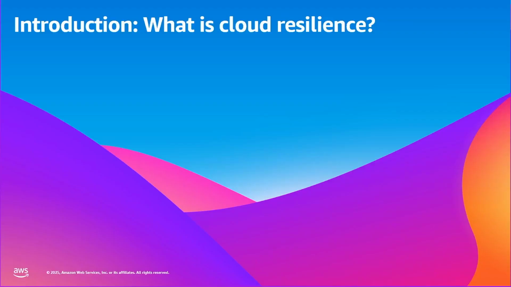So let's first define what resilience is. It's the ability of an application or a system to continue providing the business outcome or the business benefit it's supposed to provide in the face of a disruption, right? So it's not necessarily disaster recovery, but if something happens, the system must be able to continue providing the business value that it provides. And an analogy that we like to use in the space of resilience is a cake.